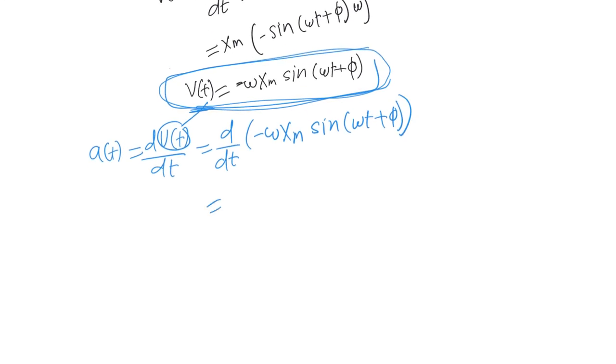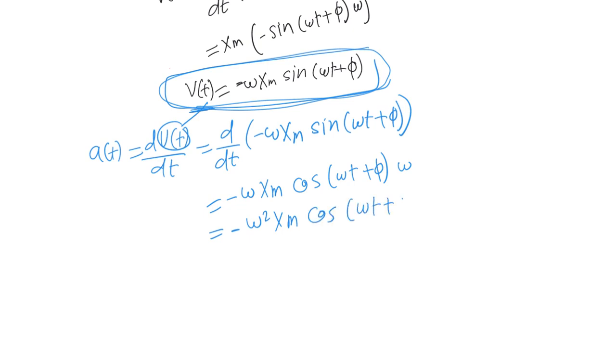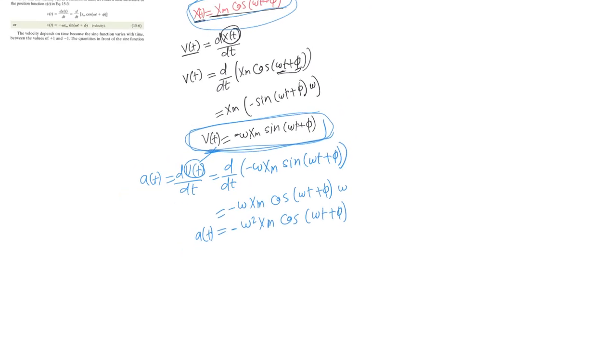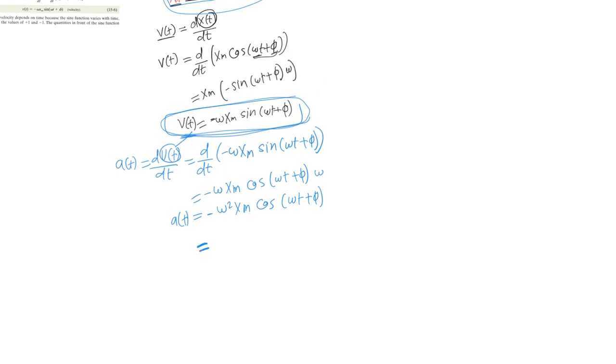So now this is constant minus omega xm. The derivative of the sine is cosine, so cosine omega t plus phi, and inside the cosine the derivative is omega. So we multiply by omega and it will be minus omega square xm cosine omega t plus phi. So this is the acceleration, and what you can see from here is that the acceleration is equal to minus omega square xm, and here